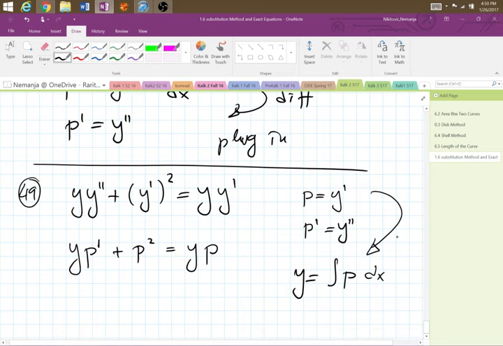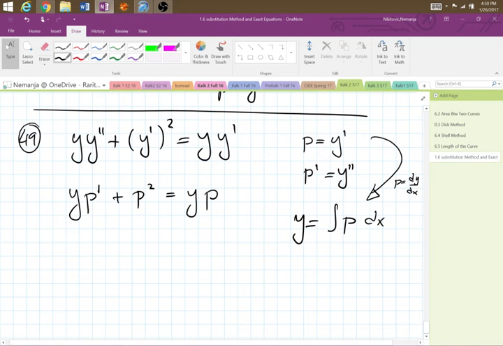Because y prime is, right, you have that p is equal to dy dx, move dx with p, because p is the function of x, integrate both sides, you get y is the integral of p. So that plugs in as well, and look what you get. You have integral of p dx times p prime plus p squared